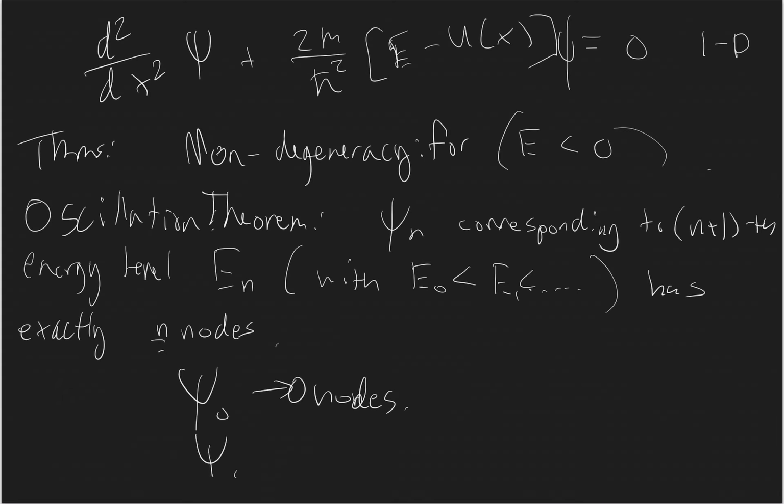So 0 nodes. But if we had, the next energy level would have 1 node, okay? And then, of course, the next energy level, 2 nodes. So just in general, if you go to the next energy level, you get another node, which is pretty simple, and it's very beautiful to understand this from a one-dimensional point of view, okay? And so if we had some symmetric potential, let's say